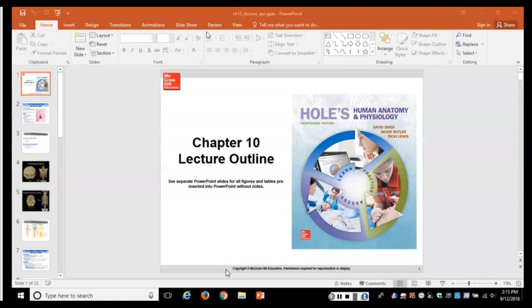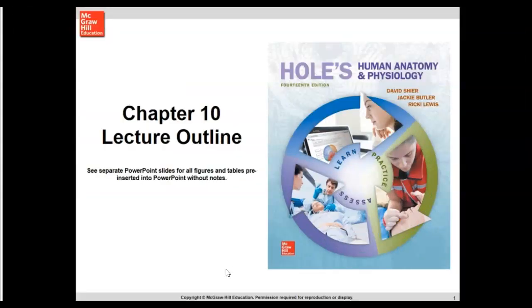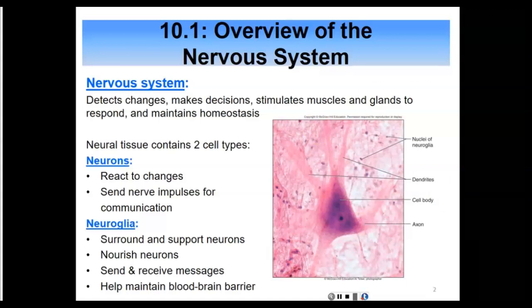This is chapter 10. This is the start of the nervous system. So let's first talk about the tissue,